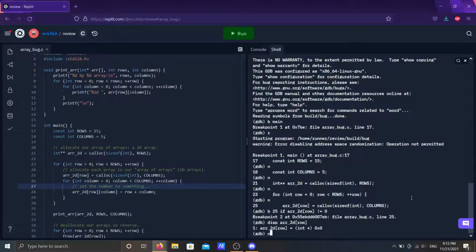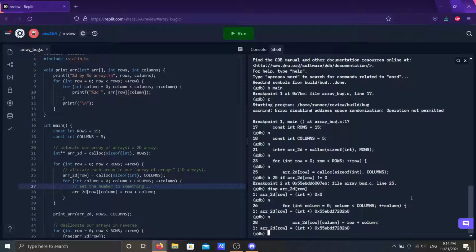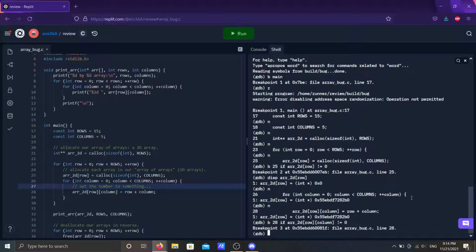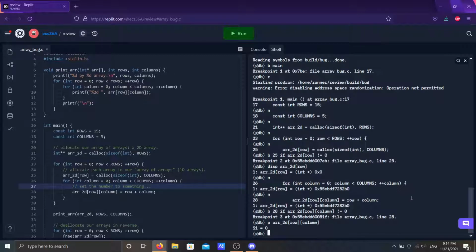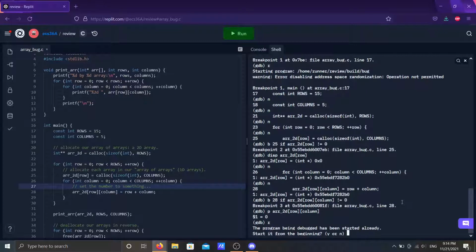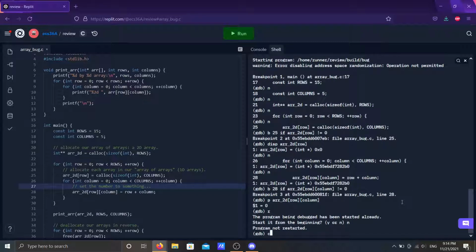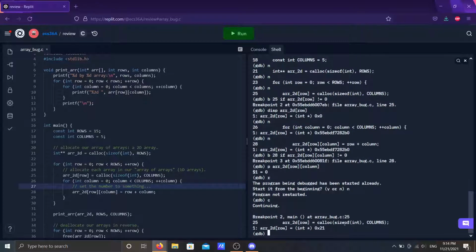And then I want to step in to this one. And then I want to break at line 28 if the array 2D at row at column is also not equal to 0, because if we print this, we will also get a 0 because we use calloc, and that sets everything to 0, which is what we want, as I said before. So now we're just going to run our program. Oh, actually, no, we're not going to run our program. We're going to continue our program, and we can see that we've hit a breakpoint, which is not good